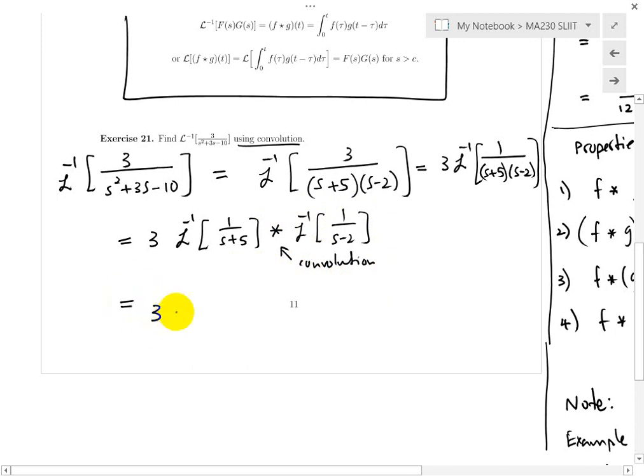So what's the inverse Laplace transform? If you are not sure, you can look at the table. When you have s plus 5, it is exponential minus 5t. So convolution, this is exponential 2t. Okay. So earlier you did this same question and you got some answer. Now maybe 15 minutes